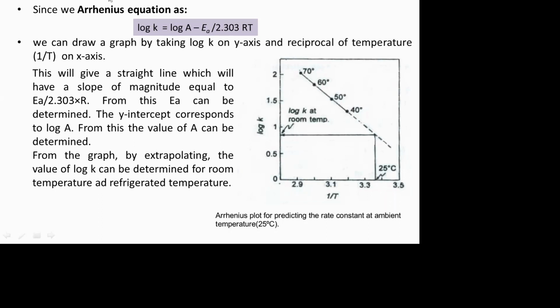हो किन अब त्यस्तै हामीले त्यो के को भ्यालु चाहिँ 70 60 50 40 मा निकाल्छौं. 70 60 50 40 मा त्यसको के को भ्यालु डिफरेन्ट हुन्छ हो किन, K1 K2 K3 K4 K5 हुन्छ. अब हामीले चाहिने के भ्यालु चाहिँ के हो, यो के को भ्यालु चाहिँ 25 डिग्री सेल्सियसमा कति हुन्छ भन्ने कुरा हो किनभने 25 डिग्री सेल्सियसमा चाहिँ एकदम स्लो हुन्छ